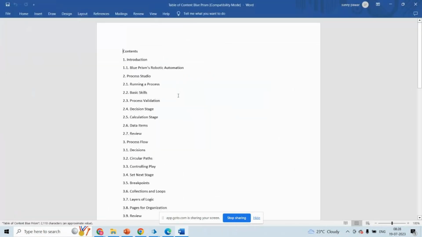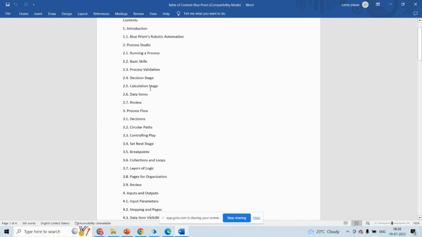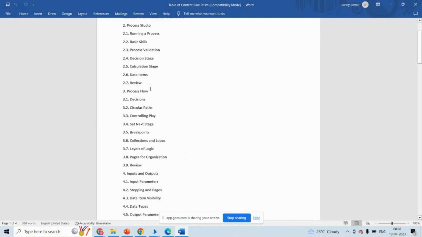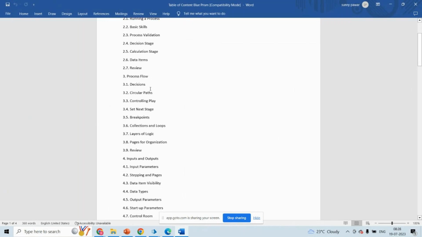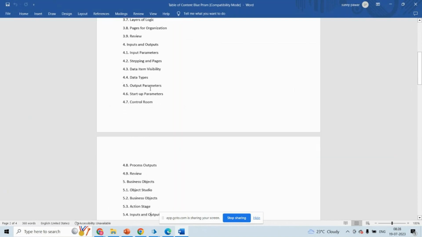It is clearly mentioned here: introduction, Blue Prism, robotics, automation, Process Studio, how to run the process, basic skills, process validation, decision stage, calculation stage, data items, review, process flows, decision, circular path, controlling play, technique stage, breakpoints, collections and loops, layers of logic, pages for organization, inputs and outputs, input parameters, stepping, and pages, data item visibility, data types, output parameters, data parameters, control room, process outputs, business object, Object Studio,